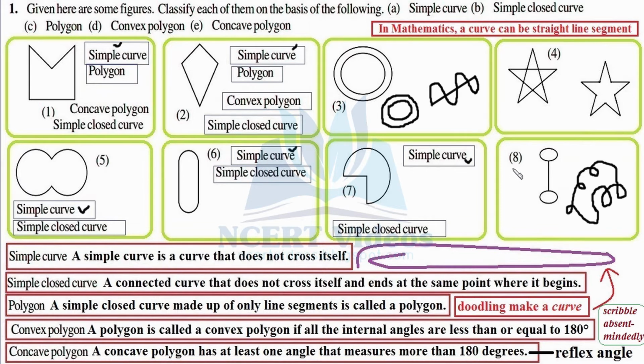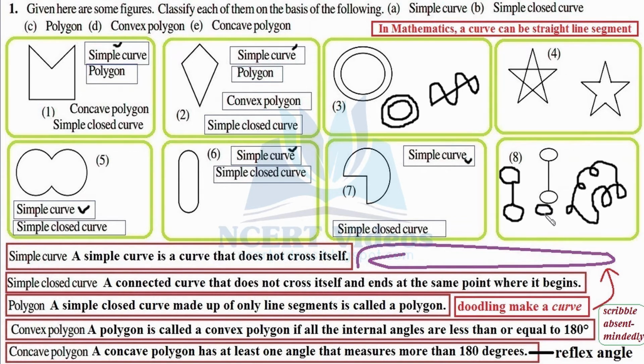Now 8th. Well, you might get confused in such figures. At one point, it may look to you like a simple curve because if you draw like this, you start from here, you go like this, and you just touch it and go like this. You're not crossing, and you go like this and you reach here. At no point you crossed it. So you may conclude it is a simple curve. But there is a hidden definition of simple curve, and that definition could be understood here. You made a circle like this and you reached here. So you reached the initial point.